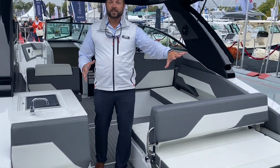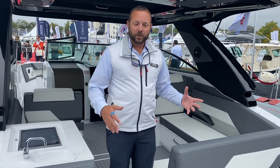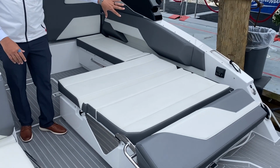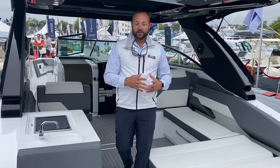You have some rear-facing seating, so when the kids are down in the water, if you're hanging out at a sandbar or something like that, just a great gathering area, entertainment space. And then you can easily flip this back, have this lay down as a nice sun pad. You get your stereo controls. So again, hanging out, friends, family, whatever you're doing for the day, just an incredible area and space to entertain